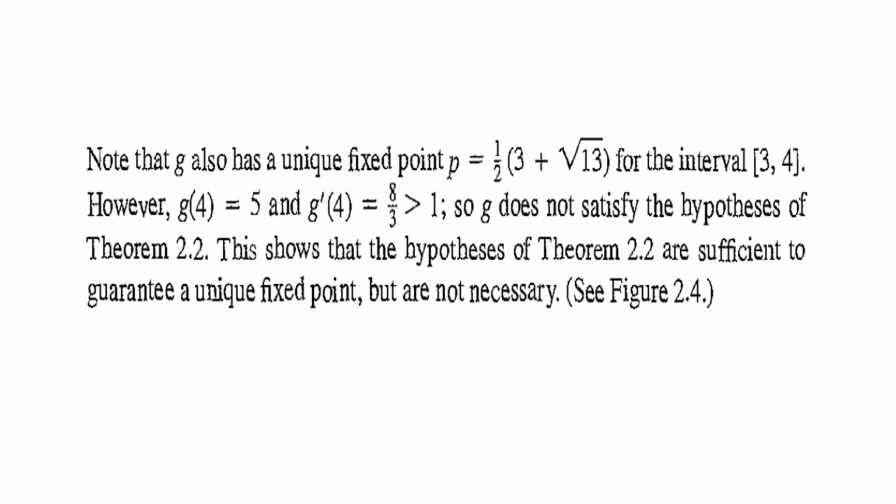Note that G has a unique fixed point for the interval 3 to 4. If your interval were this, your unique fixed point would be this value of P. However, G of 4 is equal to 5 and G dash of 4 is 8 by 3, which is greater than